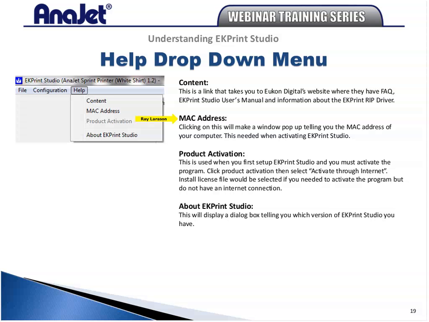It's based on your MAC address. So in some instances, you may need it. You might need it for product activation, which is the next thing here. Normally, when you activate the program, you click Help and then Product Activation, and you activate through the Internet, and